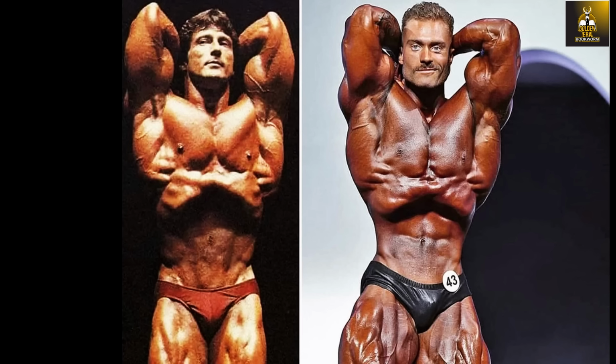Hi everybody, Golden Era Bookworm here, and today I wanted to compare the physiques of Frank Zane and Chris Bumstead. I know there are a couple of videos out there on the subject, but nevertheless I wanted to share my own thoughts on comparing the modern day classic physique versus the Golden Era physique, and look at which is more classic and more aesthetic, especially in regards to posing ability,